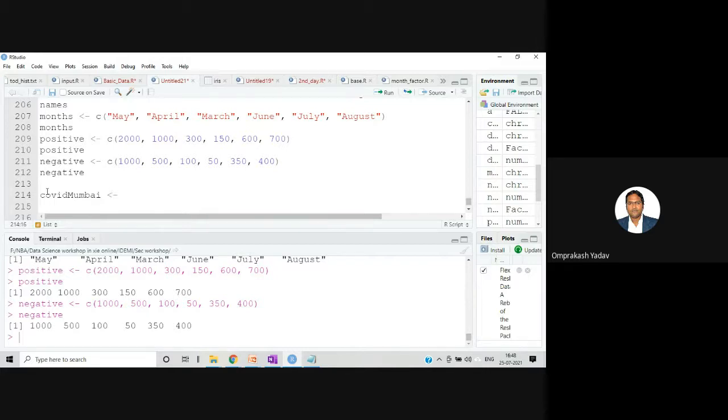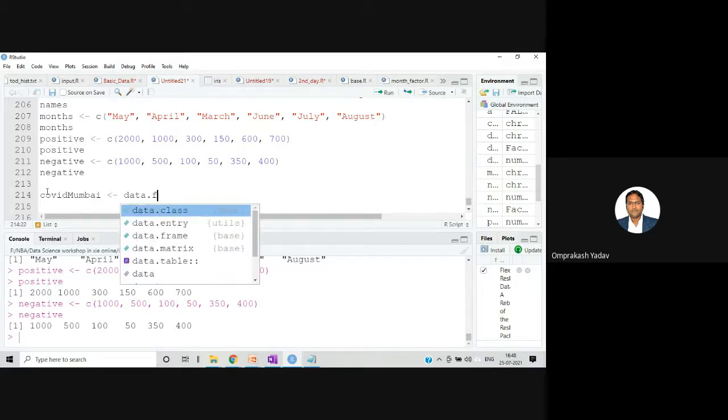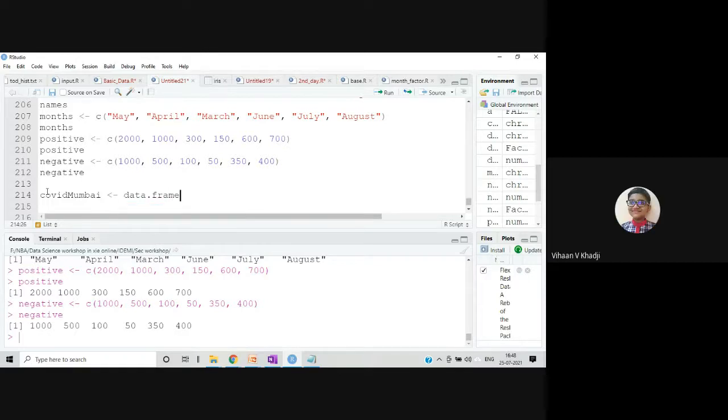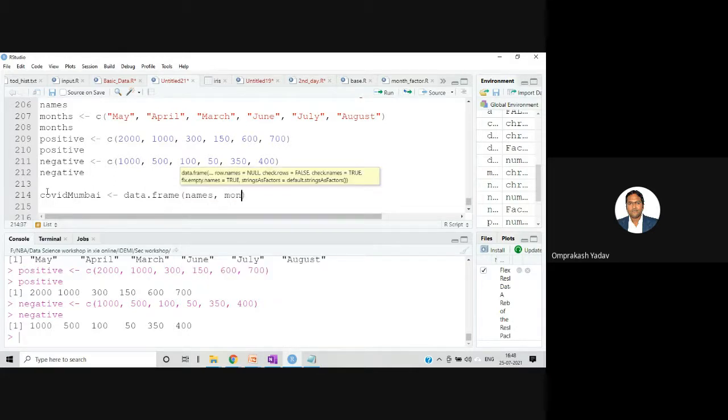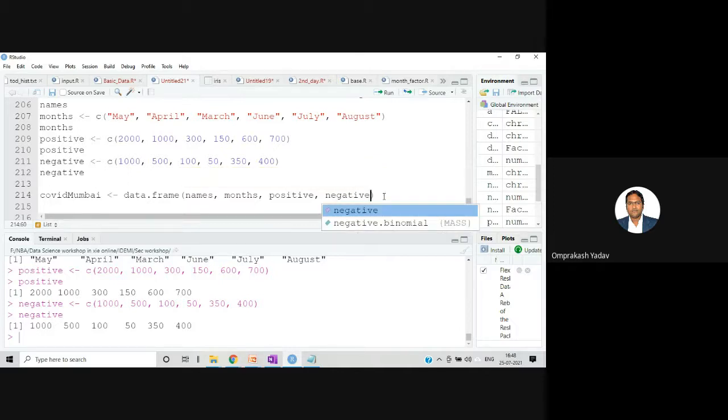And then data dot frame I'm using, and then I'll just give whatever columns I just created. Like first column was names, second is months, then positive, and then negative.